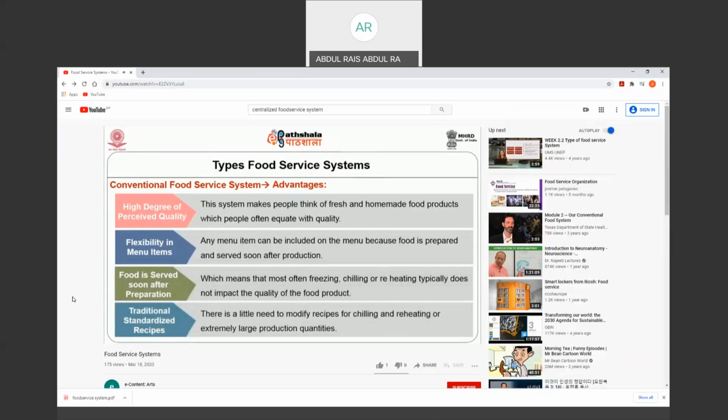Additional standardized recipes can be used. There is little need to modify recipes for chilling and reheating or for extremely large quantities. Sebab kita guna conventional dan relate juga kepada point high degree of perceived quality. Apabila sebab orang fikir kita masak ingredient from scratch, kita anggap benda tu fresh lah. Dan benda yang fresh selalunya diasosiasikan dengan resepi yang tradisional. So resepi yang tradisional untuk nasi lemak bolehlah